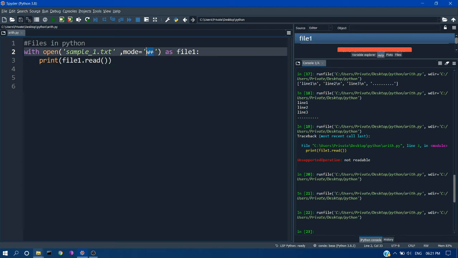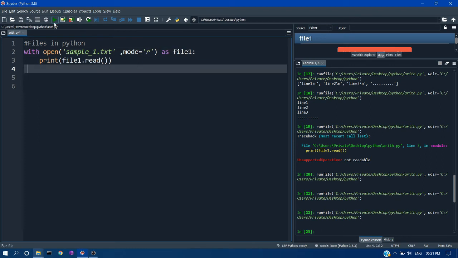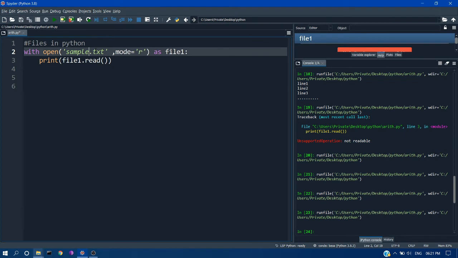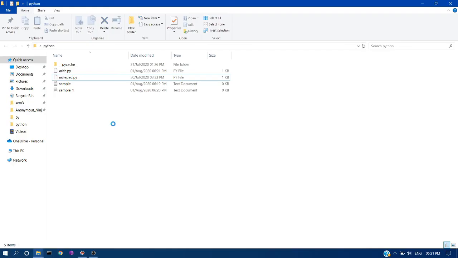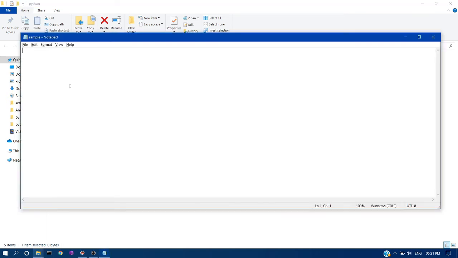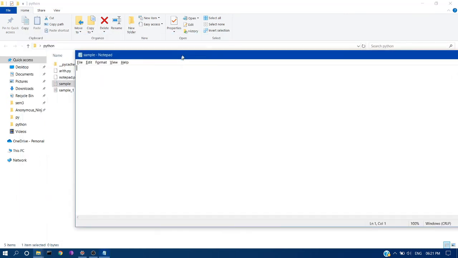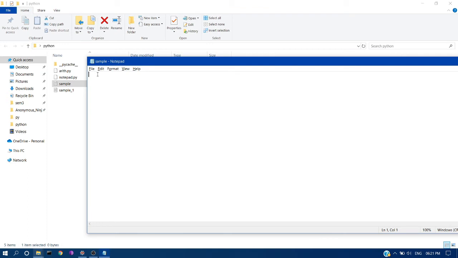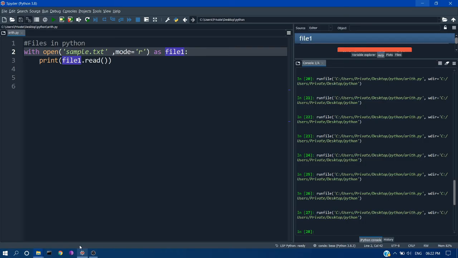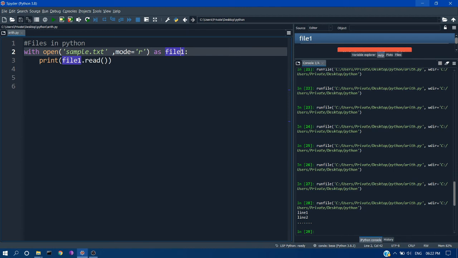We will go again from read mode so that it will be clear for you. I'm just reading the file, not this file, the one we created already. I'm reading now. The contents of the file are empty here. In line one, line two, okay, I'll just save this file. Now I will close it. Now I will run. So here you can see the contents of the file are read now.